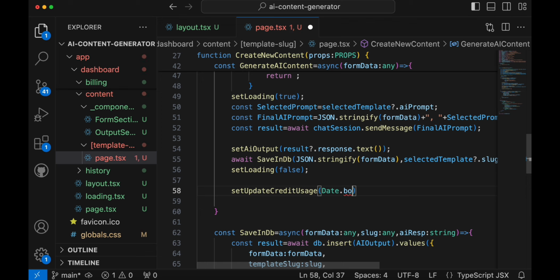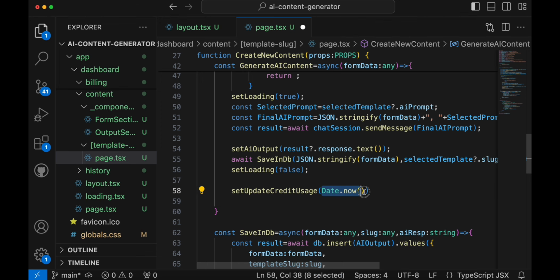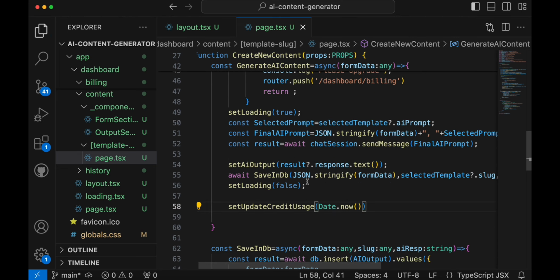Date.now method. Okay, so it will return a timestamp every time you update it, right? And this will be a unique timestamp. So that's the reason I use this Date.now, and then save it. Now whenever you create any content, right, it will update this usage with the current timestamp, and inside our